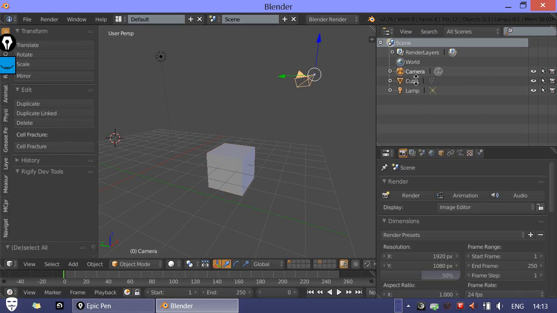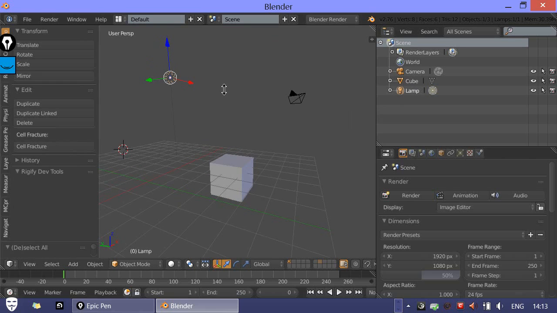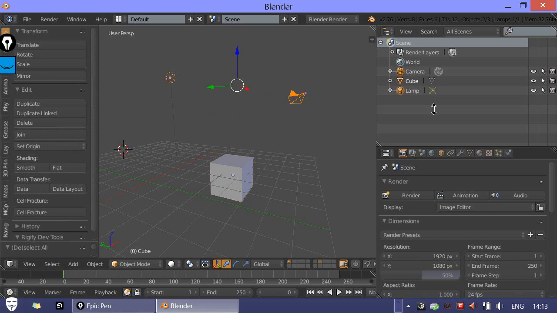So we can left click on an object to select it. You'll see in the viewport you'll get this little green, blue, and red thing. It's called a manipulator. So as we click on them here, that swaps around and it'll be kind of highlighted in an orange way. We can hold Shift and then click on another object, and now we can start to select multiple objects. So you can select camera, cube, and lamp. If you then click on one you've already selected, it'll deselect it,